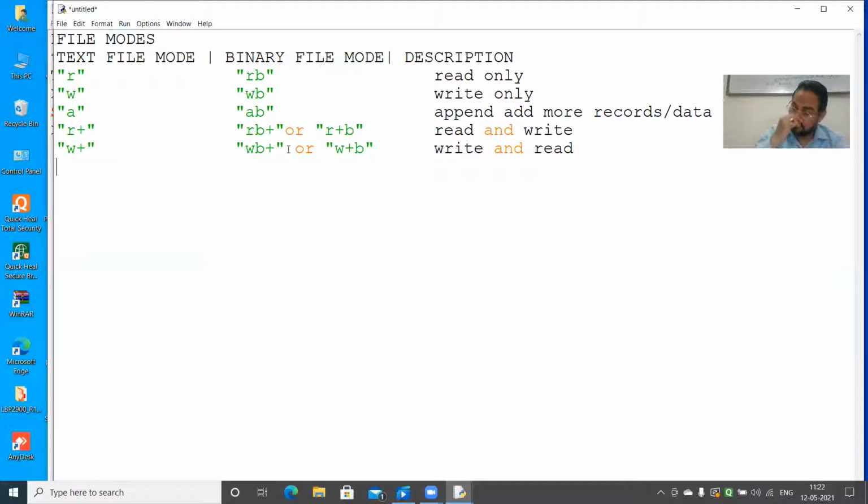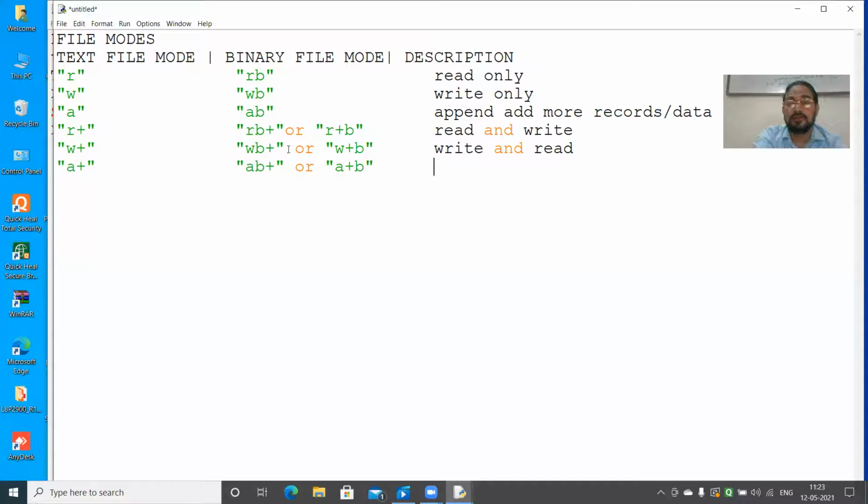Next is, in the same way, A plus. And here we use binary mode, AB plus, or in the same way A plus B. Okay.